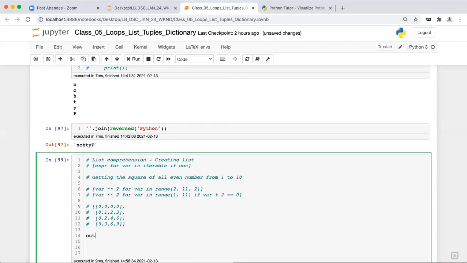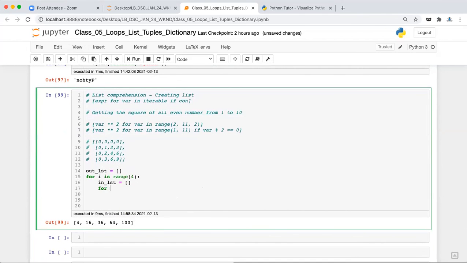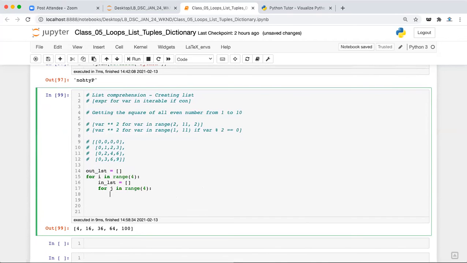So I can write here output_lst is equal to, this is the output list, for i in range 4. So this is the outer list, and in the outer list we have these 4 elements, 1, 2, 3 and 4, right? So we have to run this loop 4 times, and then there is an inner list inside this outer list. Inside this inner list we have 4 elements. So the inner list we will initialize, and then we will run this loop for j in range 4. Okay, this is also running 4 times.